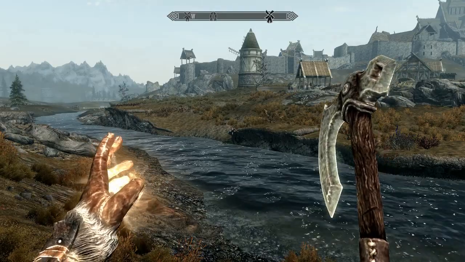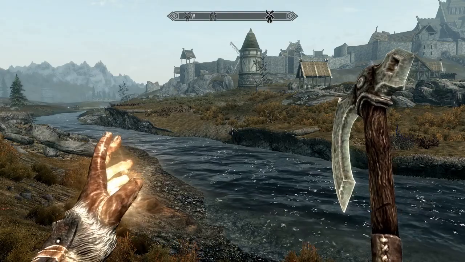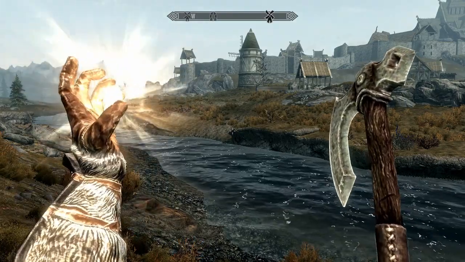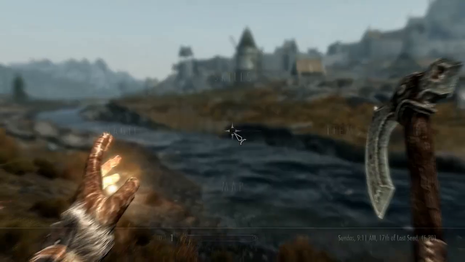Then I should wait a second because it takes a little while for the values to update after you do this. And now, as you can see, I can now exactly see how I am currently influenced. So I see the average protections against all the damage types and so on. Pretty cool. The next thing that we have is